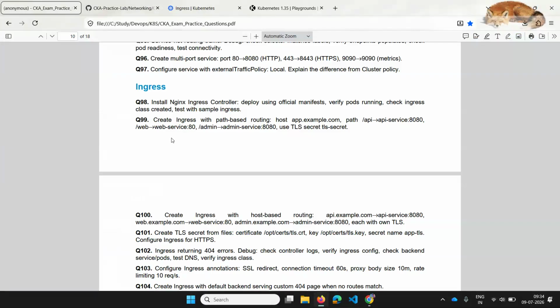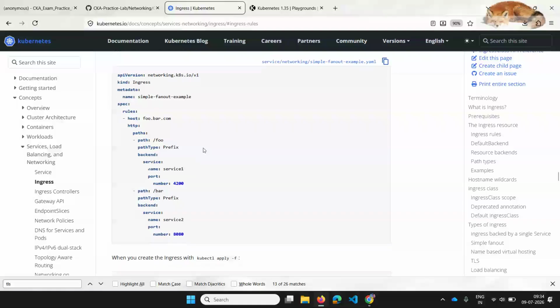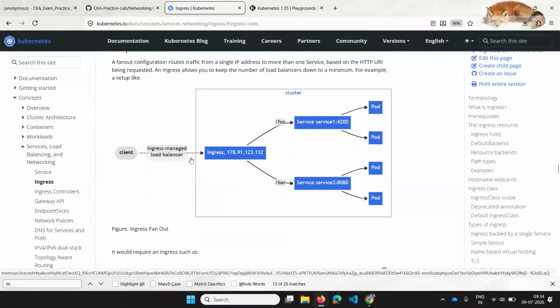path based routing. Now to give you an example of how we will have the YAML file, you can take it from the Kubernetes documentation, search for Ingress and you will be able to find these examples. It clearly explains with a diagram how the Ingress can give path based routing, like if a user clicks on /foo or /bar, different services are invoked, and the service will be attached to some of the pods according to its labels, and it can send the traffic to those pods. So this is an example of that.